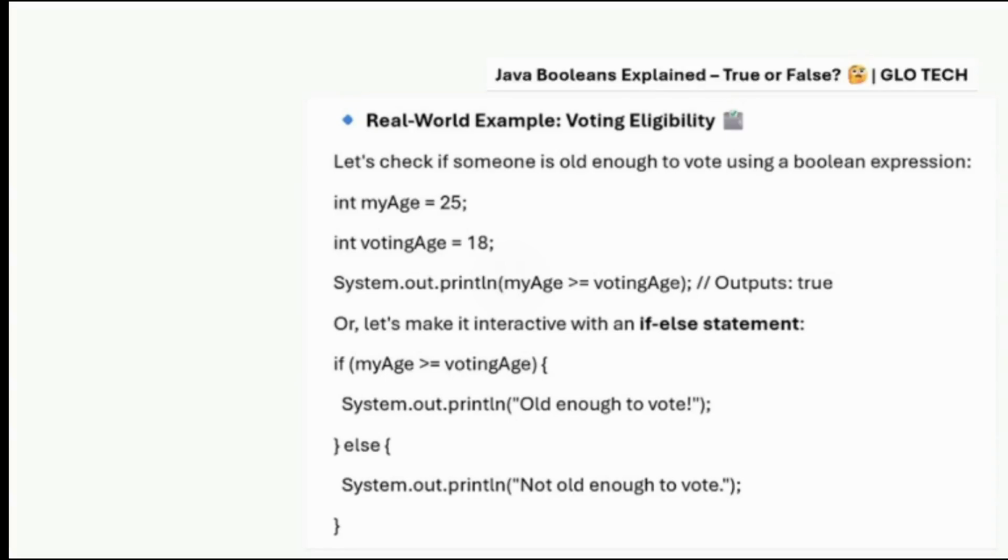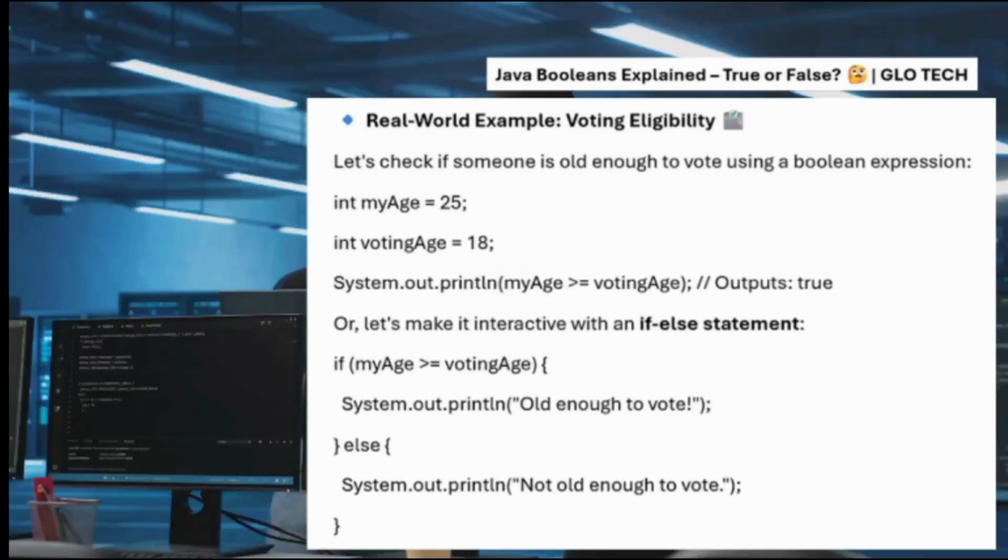Java: if (myAge >= votingAge) { System.out.println("Old enough to vote"); } else { System.out.println("Not old enough to vote"); }